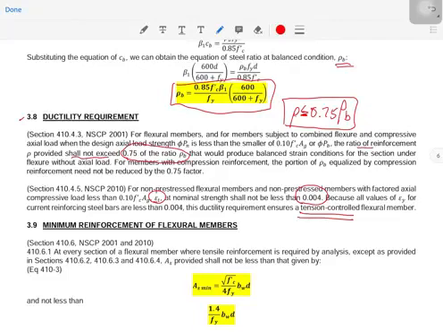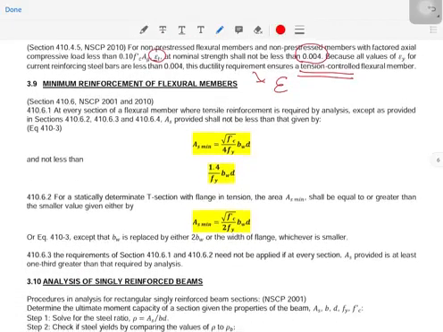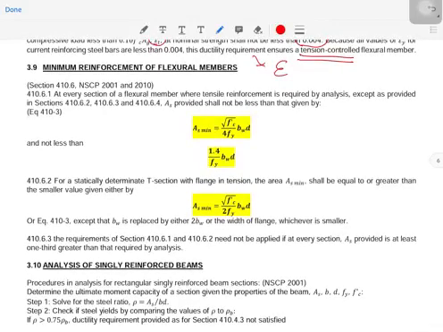So the difference here is that in 2001 we are using the steel ratio, while for 2010 we are now using the strain for the ductility requirement. Okay, then now for minimum reinforcement of flexural members, so this is As minimum. For both 2001 and 2010, at every section of a flexural member where tensile reinforcement is required by analysis, except as provided in these sections here,